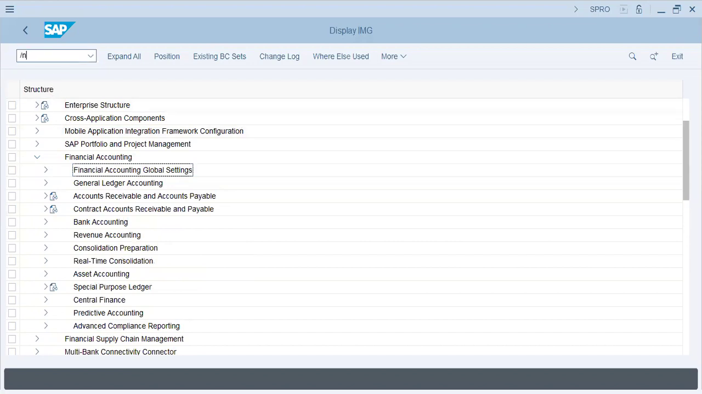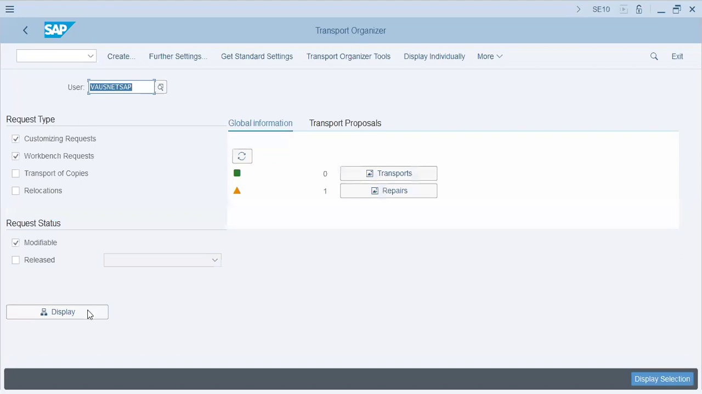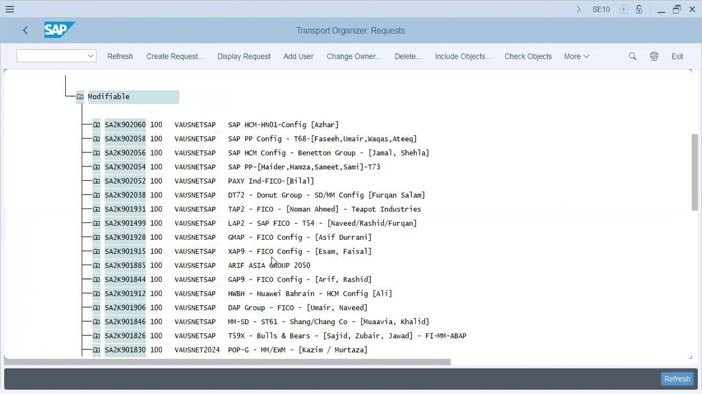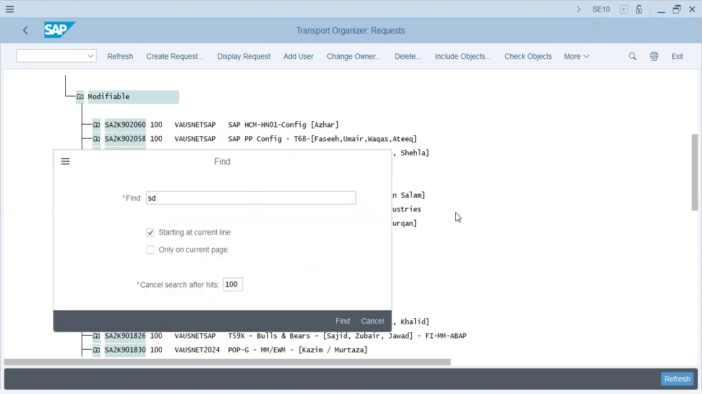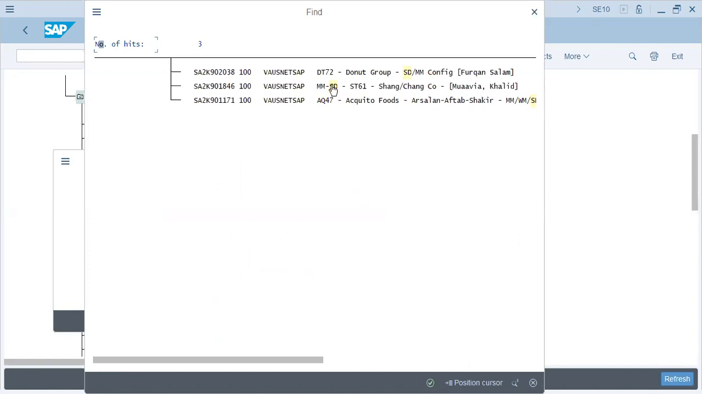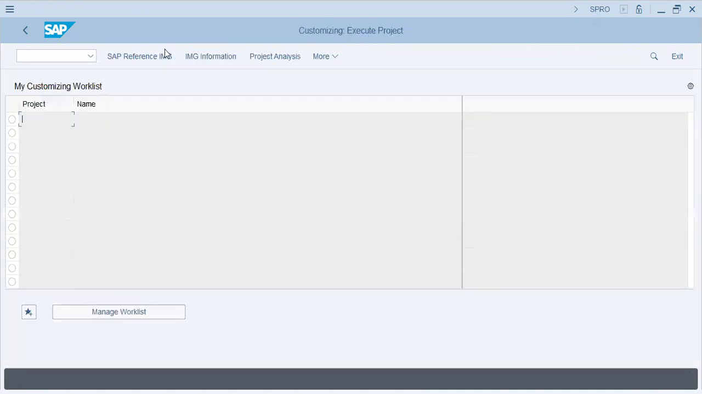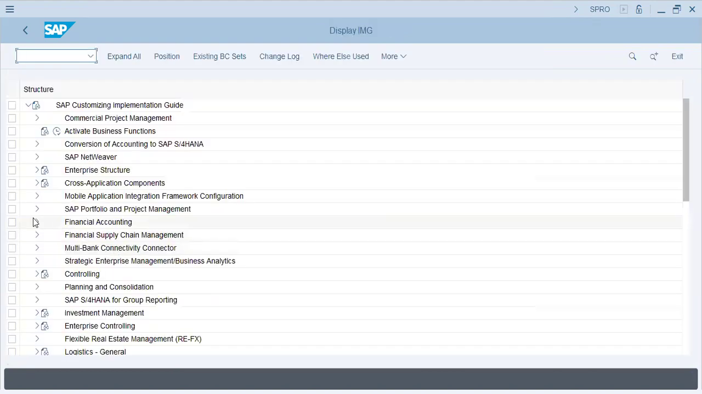Okay, let me check first. SE10. HCM. Fortran, DT7 board with SDMM. SDMM. SDMM. Okay. SPRO. Okay, I guess